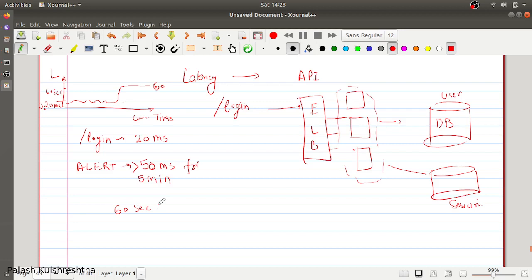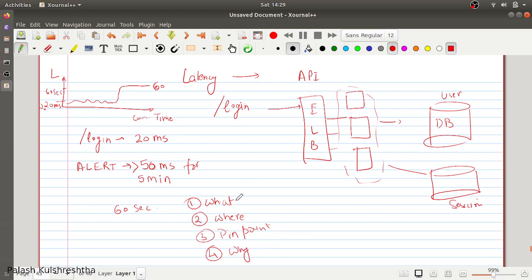We are going to follow the same approach for debugging. First of all, we have to find out what has happened. Then we have to find out where it has happened. Third, we have to pinpoint where it is happening. And then we have to find out why it has happened.